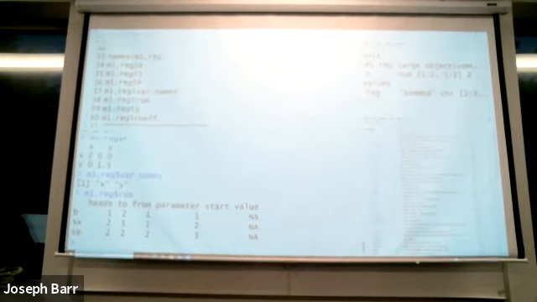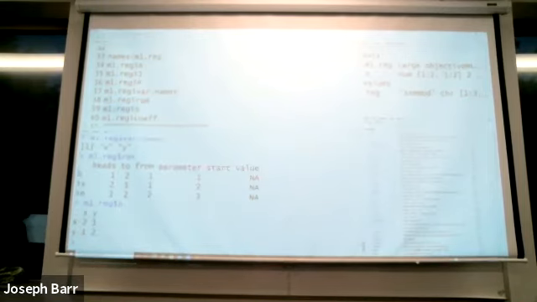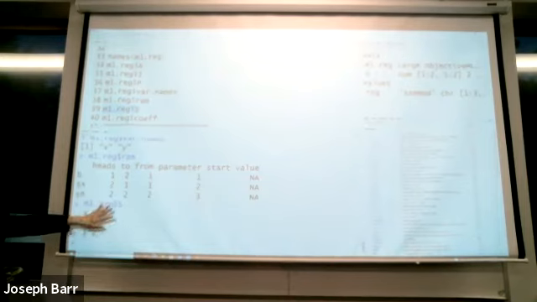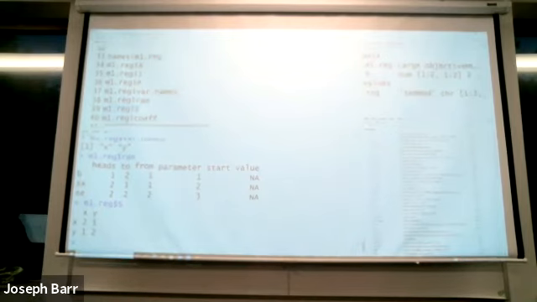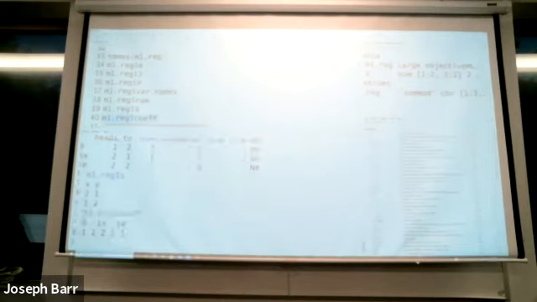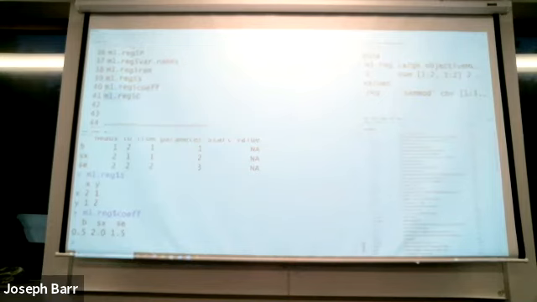You can also check this one, the sample covariance matrix. In the SEM package, S means the sample covariance matrix. And you can also check the coefficients, the three parameters.